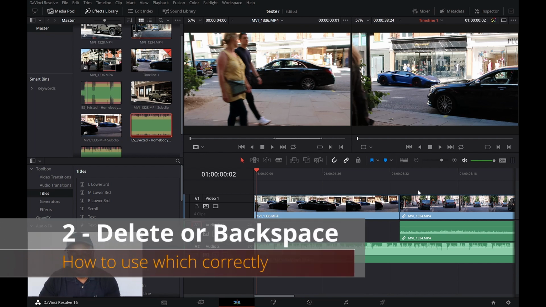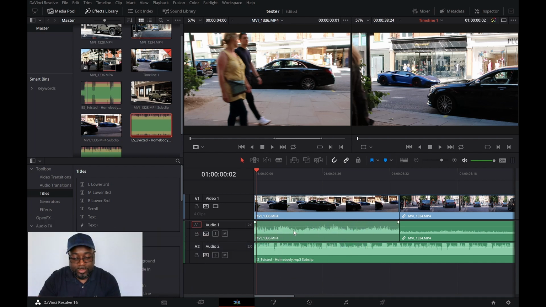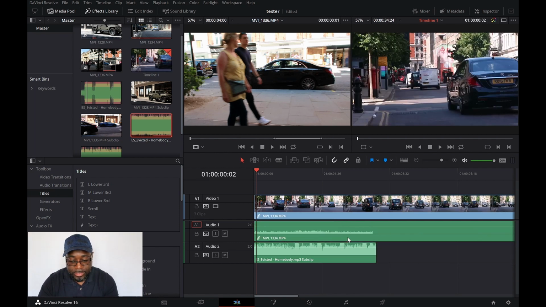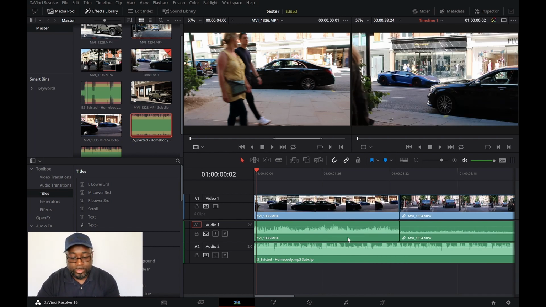The second thing, let's go back a step. So you have your audio and you have your video. You've removed the link. Two ways of deleting. So you either got the DEL button to delete, or you got the backspace delete button. So if you just pressed, for example, the delete button, as normally you would, look what happens. It still deletes them both. Frustrating. So if we go back a step, what you need to do is highlight what you want to delete